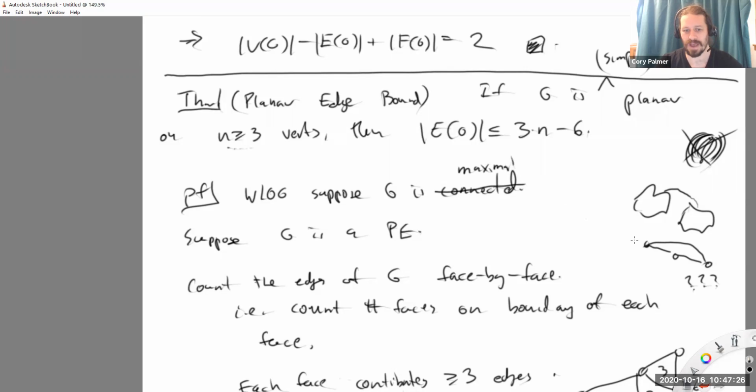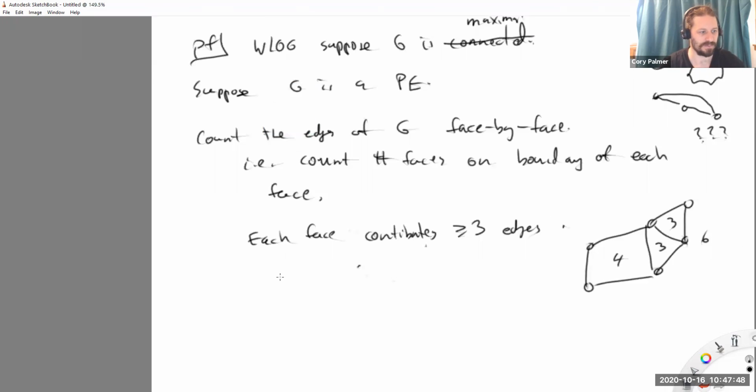And then if we know it's maximal, then every face has at least, actually exactly, 3 edges on it. But you don't have this weird hanging business here, right? And every face is enclosed by a cycle. Certainly we can assume it's maximal. If we can prove an edge upper bound on a maximal planar graph, then we prove it for all that are not maximal, because maximal meant edge maximal. Well, that's one way to get around it. Yeah, so each face contributes then at least 3 edges, actually exactly 3 edges in a maximal example, but at least 3 edges. And each edge